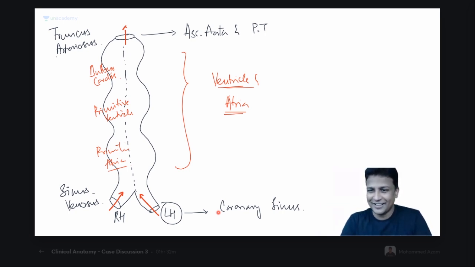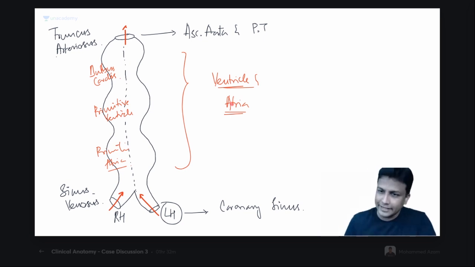Kitna aasan ho gaya? It can't be much easier than this. Yeah? I think you're learning in the class itself along with me. Later on, in our regular classes, my dear friends, I will teach in detail about the ventricle and the atria. In that, we'll have the rough part and the smooth part, the trabeculated part and the smooth parts. All those things I'll teach in detail in our regular classes, not now.